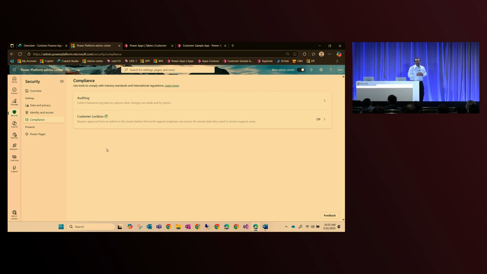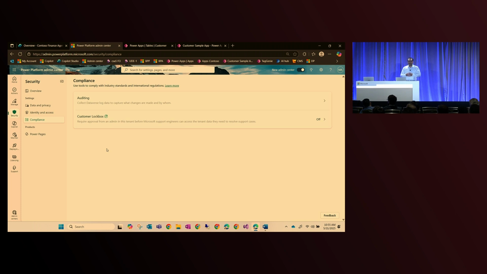Sometimes customers, due to regulation or compliance, have a requirement that no one can access the data, and if somebody is accessing the data, or some outside entity, it should be logged and approved from a compliance process point of view. We do have an option called Customer Lockbox. What it means is that typically the Microsoft support team uses telemetry and other things to help you in case there is a support ticket. In very, very rare cases, they need to have access to the customer data.